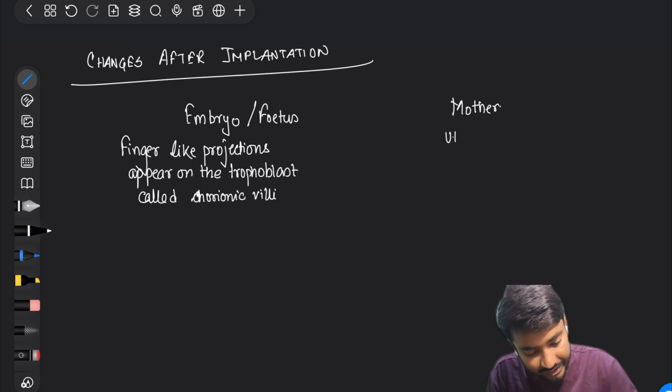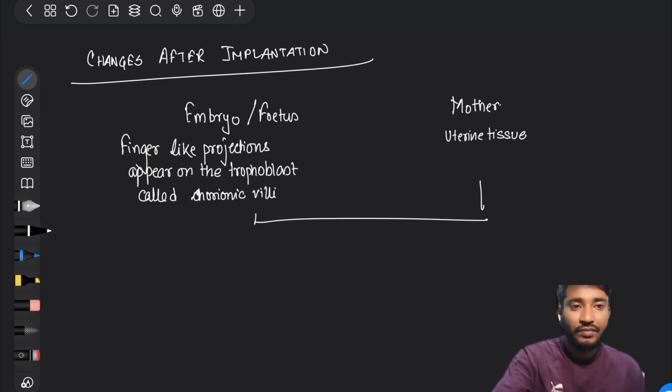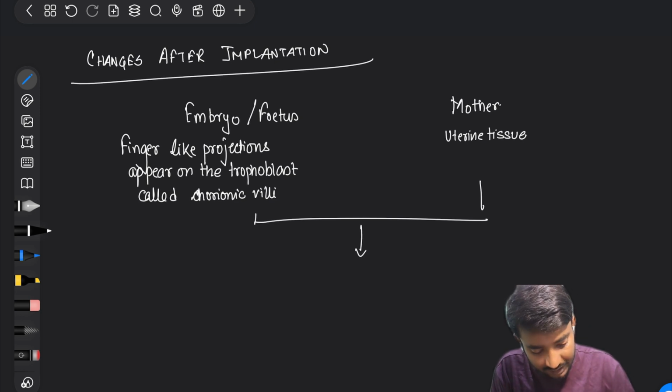And this is called the uterine tissue. So this is the uterine tissue and this is the chorionic villi. Now what happens? See, these interdigitate to form